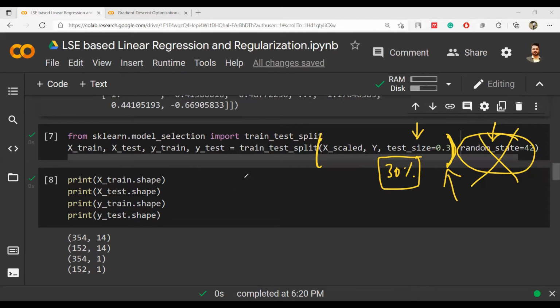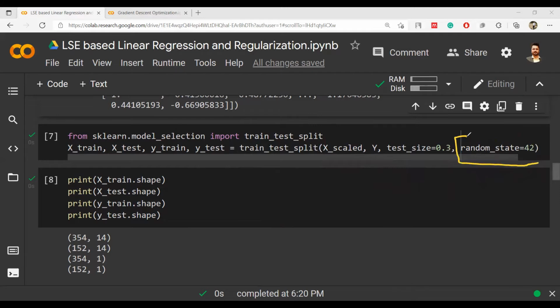Why? Because for one person 1, then 3, 4, 5 gets selected, and for another person the start itself is from 2, and they select 4, 7, 10 like that. Nobody's sequence will be the same. But to make the sequence the same, we are writing random state 42, so that if you are running this command with random state 42 and I am running this command with random state 42, this random state will act as a seed value, which stays constant for all of us. In that case, this 30% will be common for all of us. That means if you are running this random state 42